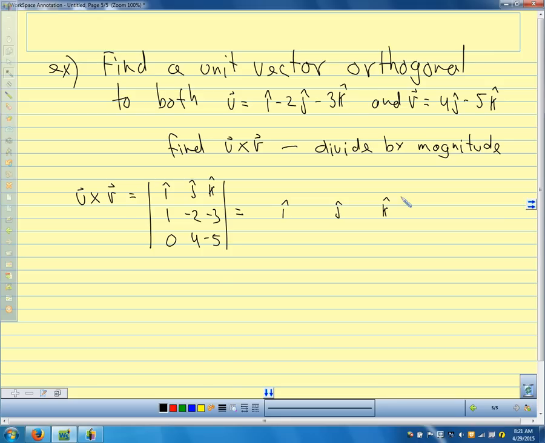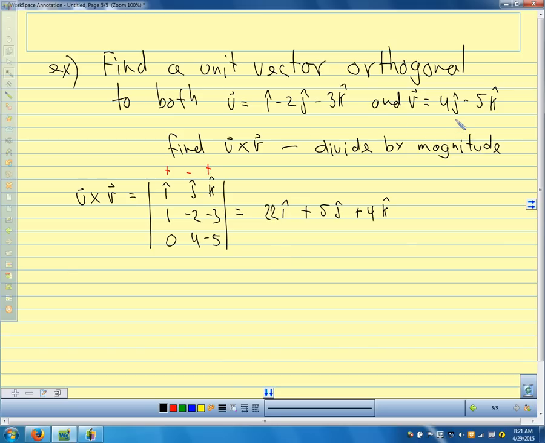All right, did we get it? What's our i hat component? 22. 22 i hat. J hat component, what is it? Negative 5? Positive 5. Remember, I think you might have forgotten your plus, minus, plus. So that should be plus 5 j hat, and then the k component, k hat, plus 4. So there's our vector orthogonal to both